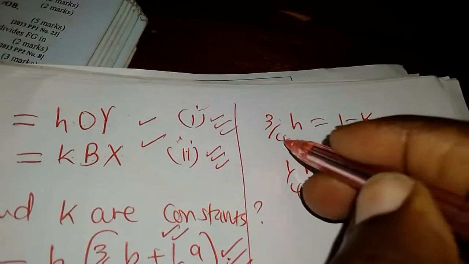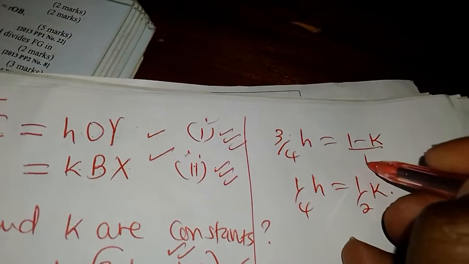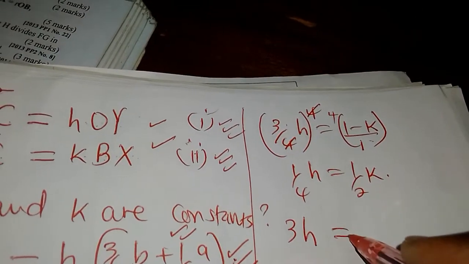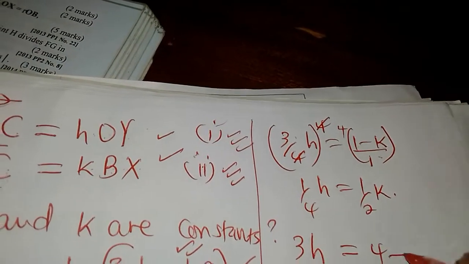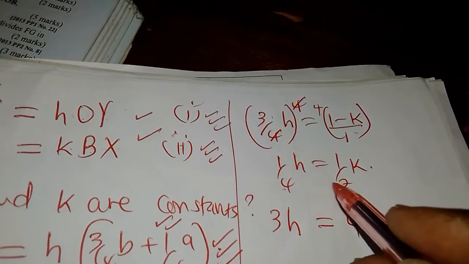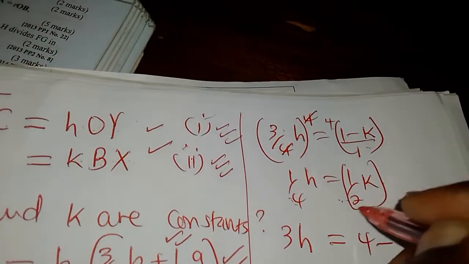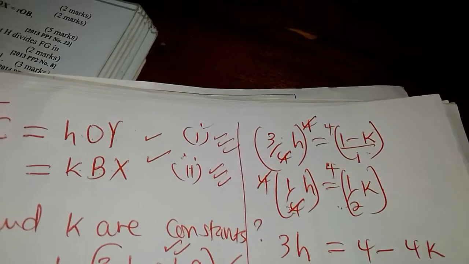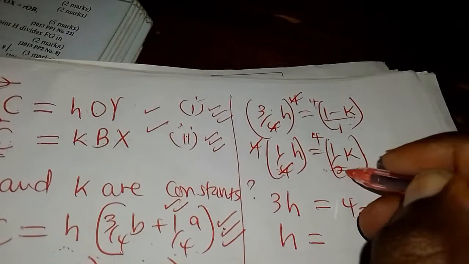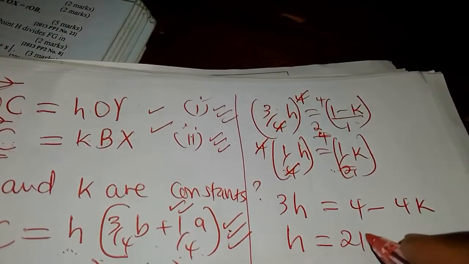Now, I can remove the denominators. LCM, this is the same as over 1. So the LCM of 4 and 1 is 4, so times 4 times 4. This 4 and this 4 will disappear. So I have 3h is equals to 4 times 1 is 4 minus 4 times k is 4k. Then the next one are 4 and 2. The LCM is what? 4. So this and this will disappear. Great. Then 2 there, 1's 2 there, 2. So h is equals to 2k.